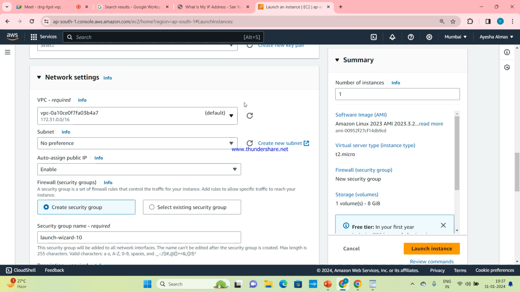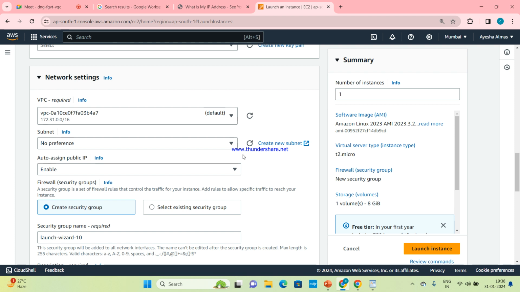Now we also should know how to create a VPC, right? With this VPC service, we are going to create our own custom VPC. Earlier we used the default VPC while launching an instance. Now we'll create our own VPC and subnets. Clear, everyone?